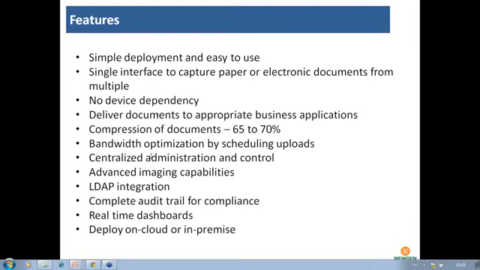I'm taking the next question from Mr. Rajiv Kumar. Is it only to process data, or does it include a data repository as well, and how about data retention? It includes both: processing data and the data repository. Data retention, or document retention, is basically policies applied on the documents: the retention, disposition, and rules on the document, up to what time you want to keep the document in a warehouse or a particular room, etc. So the policies can be applied on the documents.